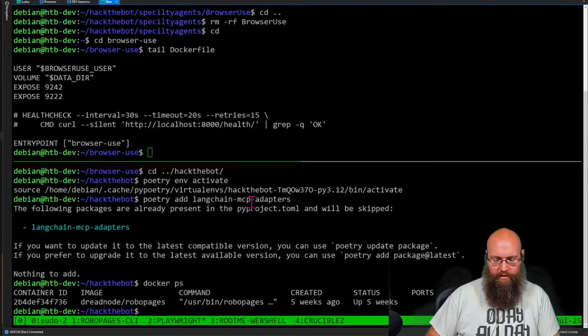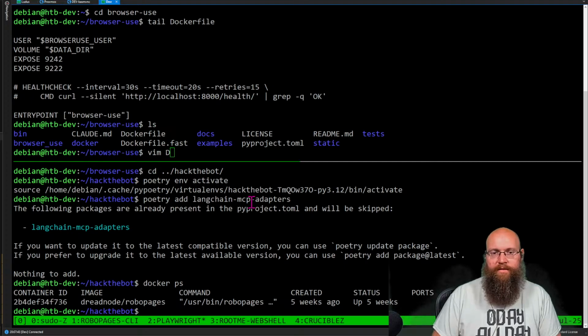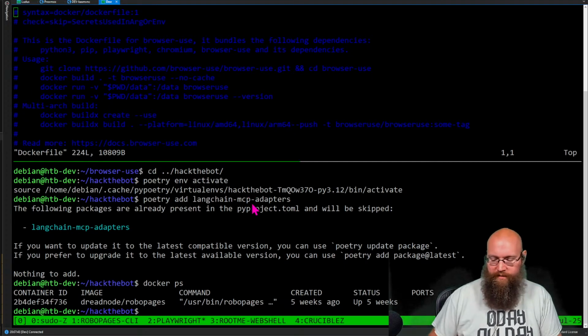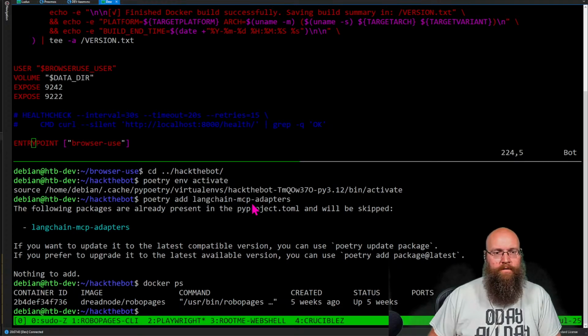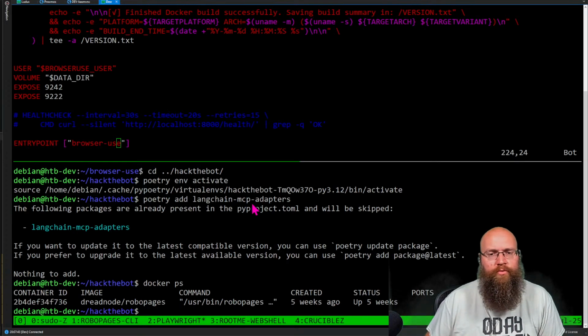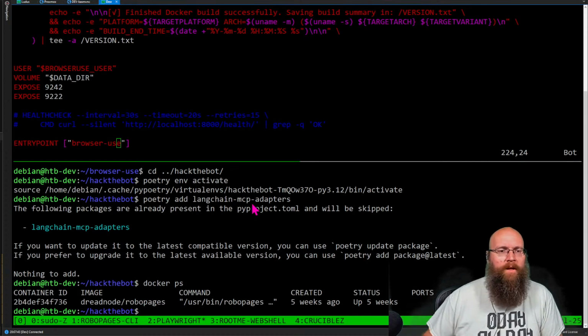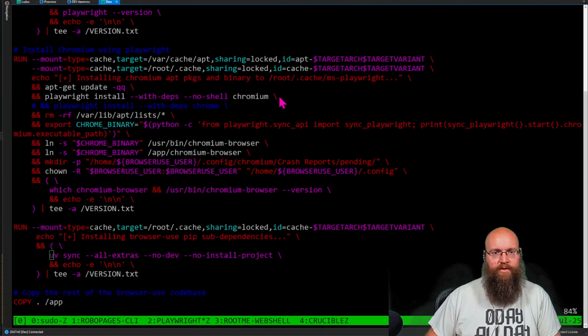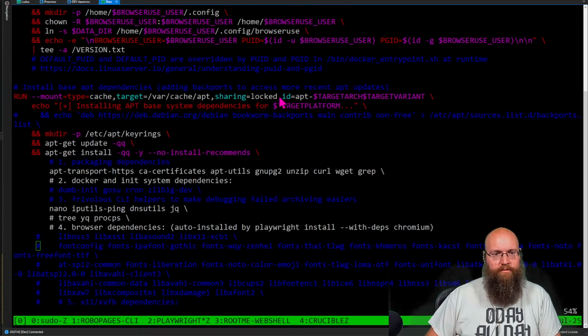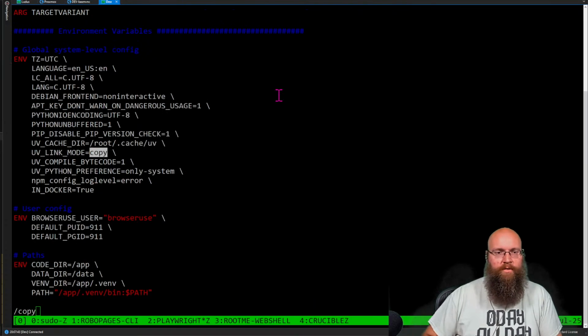So let's come up here. Let's vim our Dockerfile. Let's see, so our entry point is just browser-use. Okay, so I think what we'll do is, let's look at how this thing actually builds out here. Let's see, what do we copy into this?